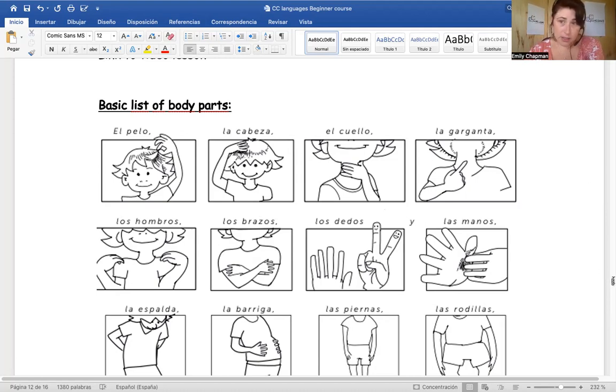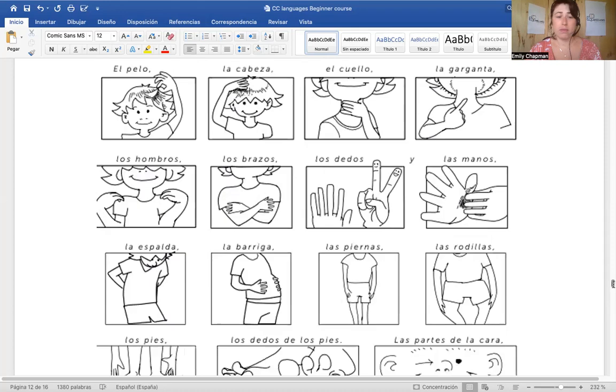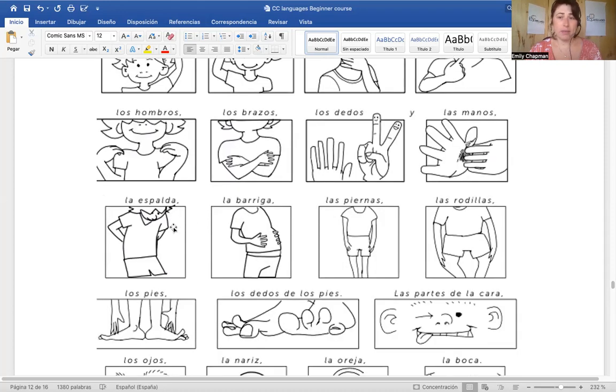Right, I'm going to read them again in Spanish so we can really focus on the pronunciation before we move on with some little phrases that we could use in both the doctors and the chemist. El pelo, la cabeza, el cuello, la garganta, los hombros, los brazos, los dedos, las manos, la espalda, la barriga o el estómago,